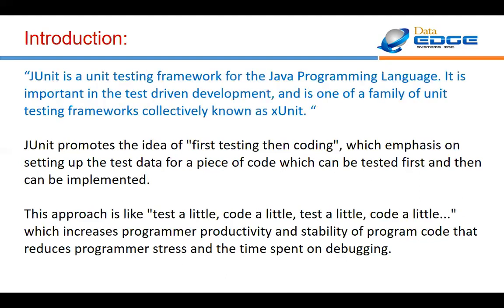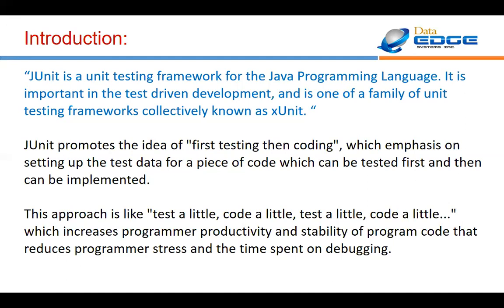JUnit is simply a unit testing framework. Unit testing framework for which people? It is for the Java people. If you write 1,000 lines of code and sometimes you get an error, you are not going to check all 1,000 lines of code at a time. For that purpose, you will write one module. Suppose one module is 100 lines, you will test that one, then proceed to the further modules. Unit testing means developing a particular unit of the code, testing whether it is working or not, then switching to the next unit.